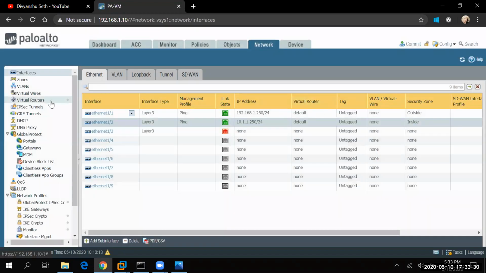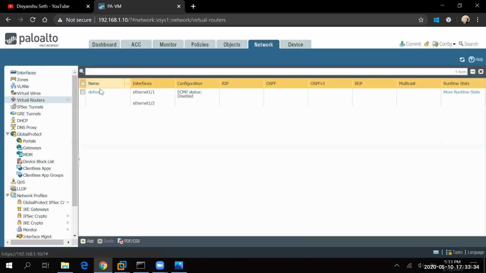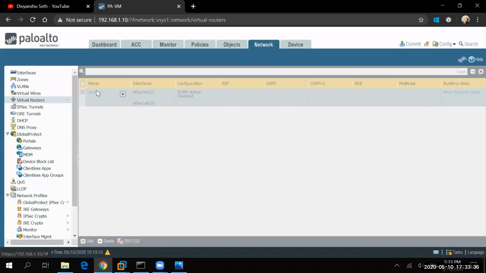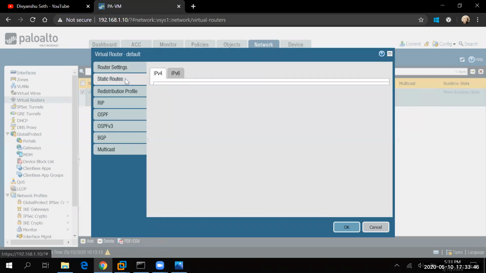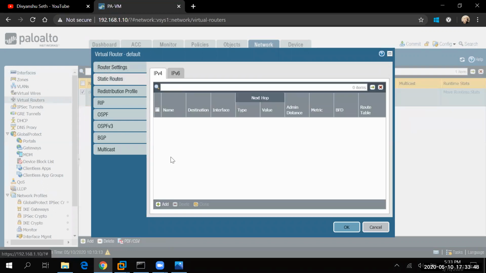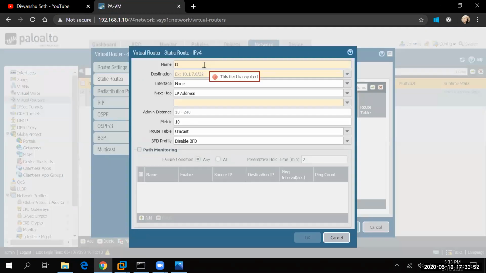Before that I want to tell you one more thing, guys. We need to go to the virtual router. Here we are able to see that Ethernet 1/1 and 1/2 are already a part of this virtual router. I'll go to the static routes and add a default route. Let me name it default route. Destination will be